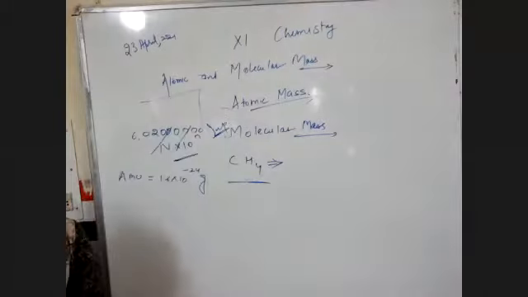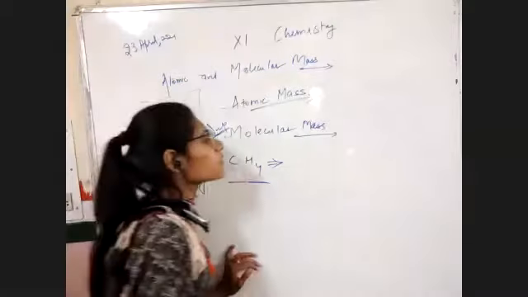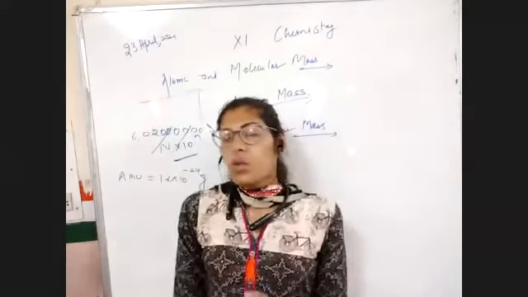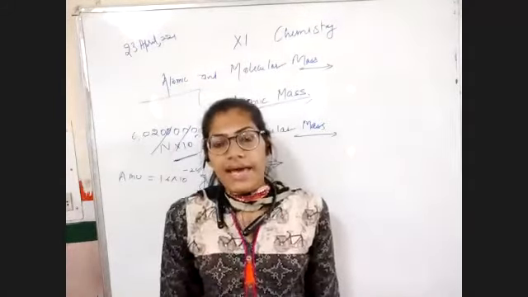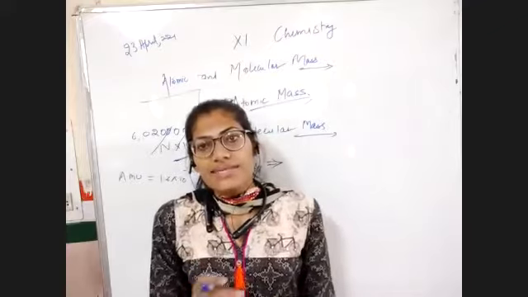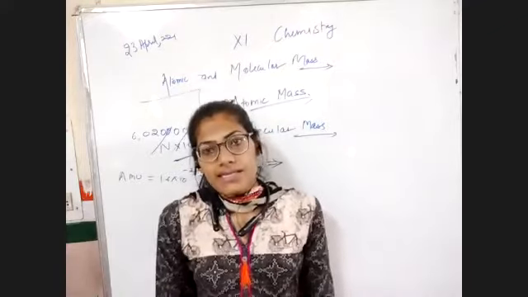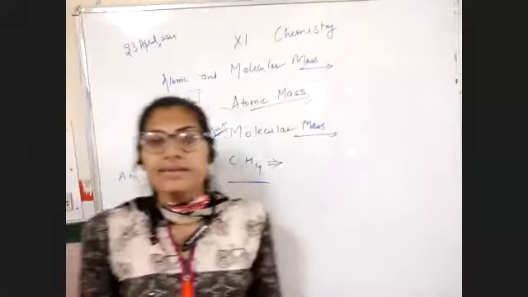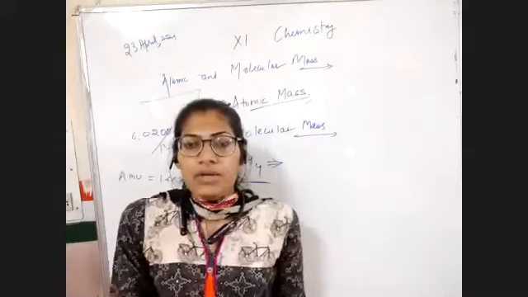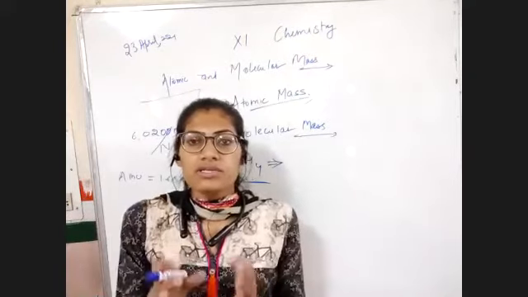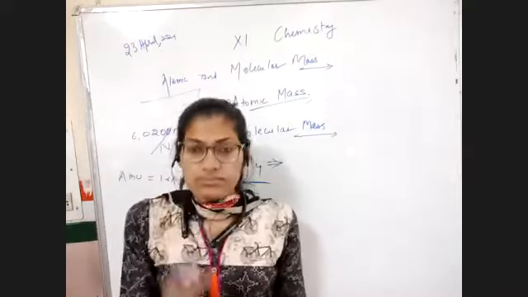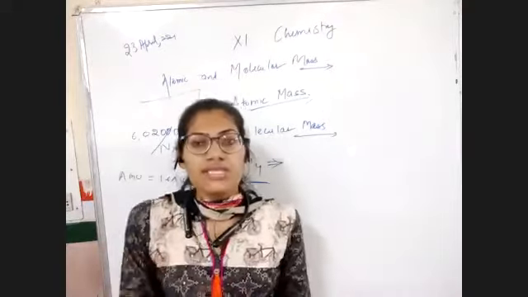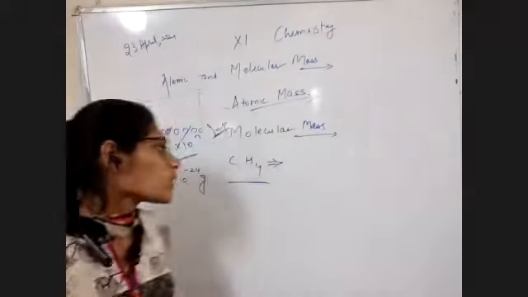So let's take CH4. You have studied in the last class or in lower classes that all atoms have an atomic number as well as an atomic mass. In the third chapter, you will study these things in great detail. You will get a periodic table where you study which atom has which atomic mass or which atomic number. All right, now I can explain.